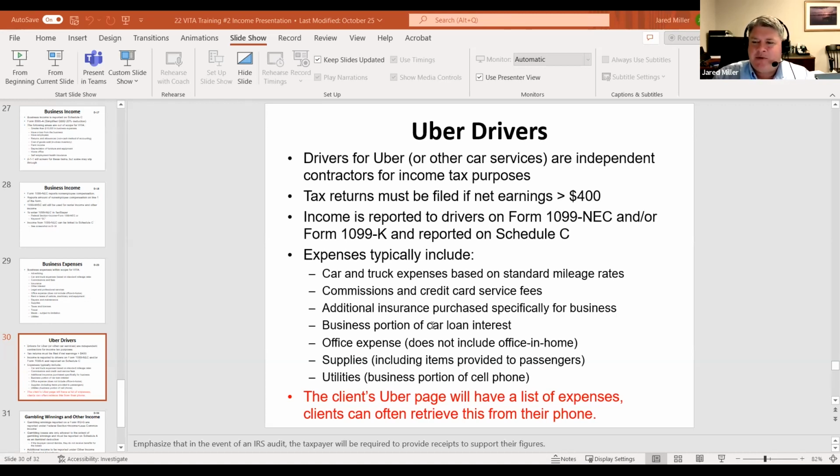They don't send you any type of end of year thank you letter, so you shouldn't see a whole lot of office expenses. But if they have some, where we're probably going to see a little bit more are things like supplies. If you have a car driving service, you're probably going to have things like cleaning supplies, wipes, maybe small bottles of water you hand out to passengers.